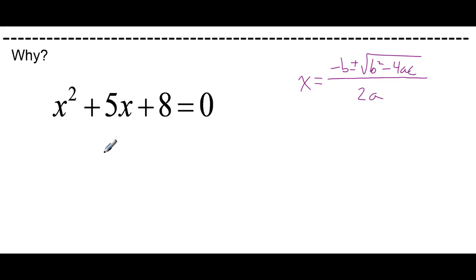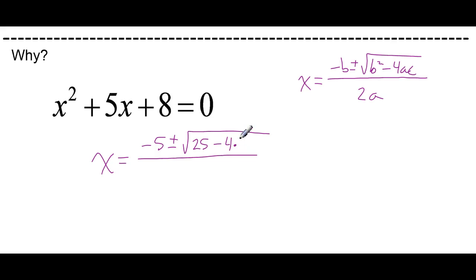And if we use that here, the answer we get is going to be negative 5 plus or minus the square root of 5 squared minus 4 times 1 times 8. The coefficient there, a, that's 1, all over 2a. And when you work out the details inside that root, 4 times 8 is 32, and 25 minus 32 is